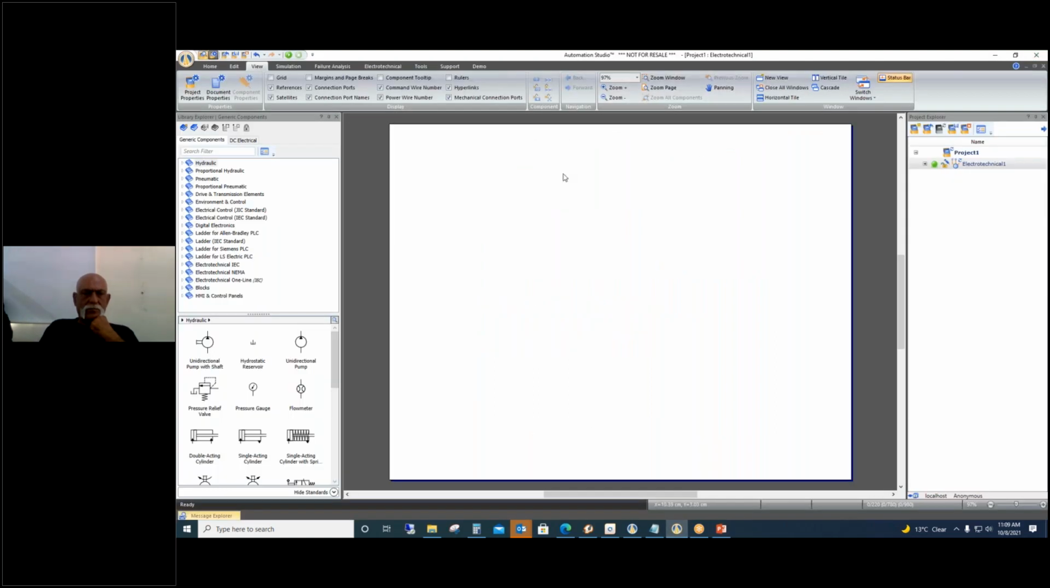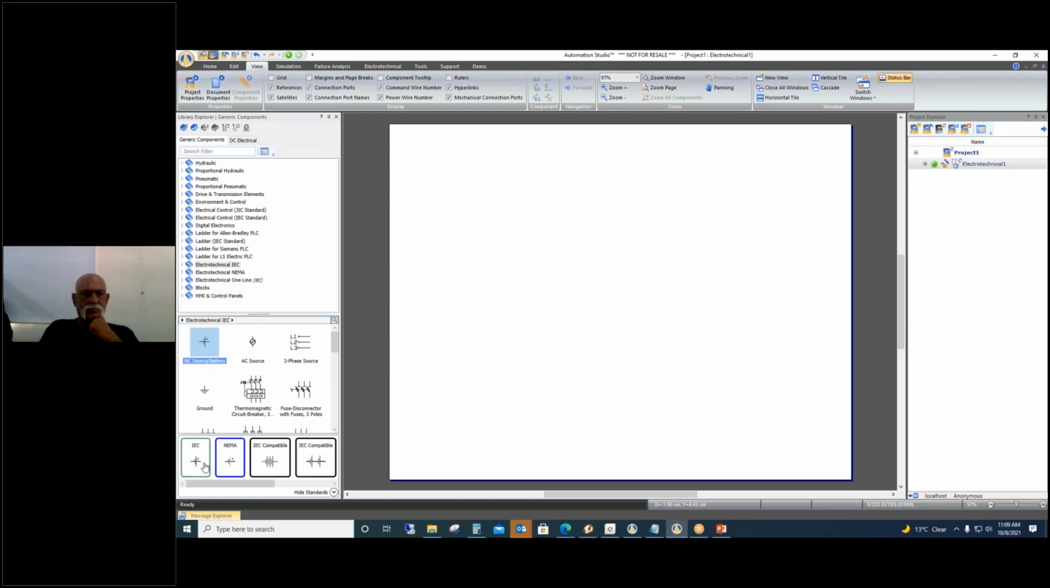Okay, so I'll be showing the demonstration in the software itself. So first we will draw a basic drive system. For that, I have used the electrotechnical library. In the electrotechnical library, if you go to the batteries, there are different types of batteries we can find here. So we can take one IEC compatible battery,